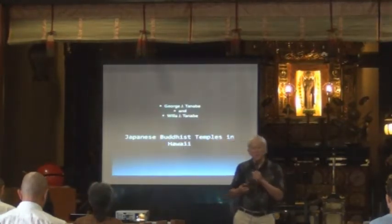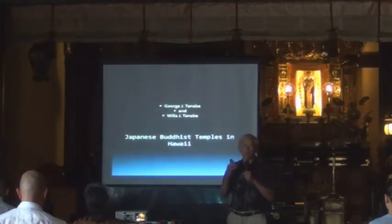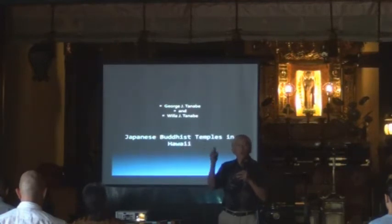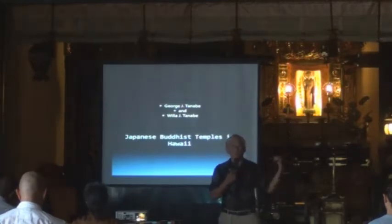What I'm going to do today is just show you some slides about the temples in Hawaii. It covers all of the denominations. Many people belong to a temple for their whole life, and they come to one temple, but they don't go to other temples, so they don't know what's in other temples. Or they come to one temple and look at the altar, but they don't really look at the details. Who is that, or what is that, or what is the meaning of this image. So we wrote the book to try to explain what it is that people will find in a Buddhist temple. So today we're going to start with the outside,